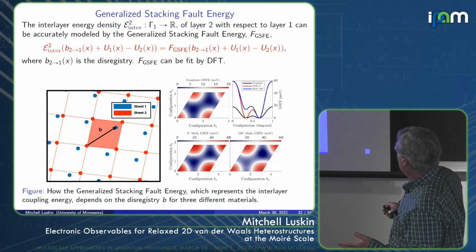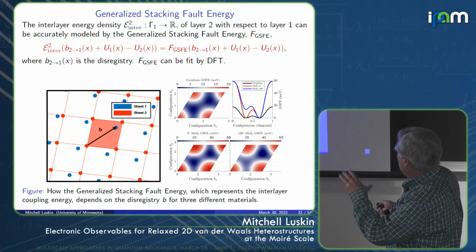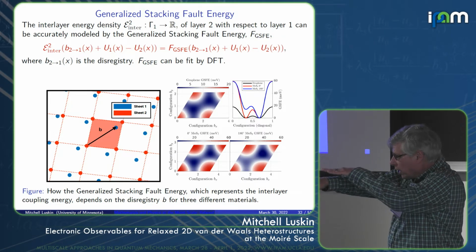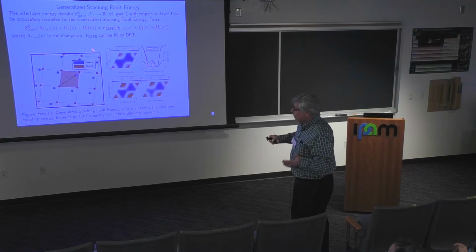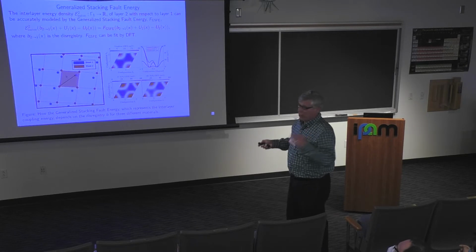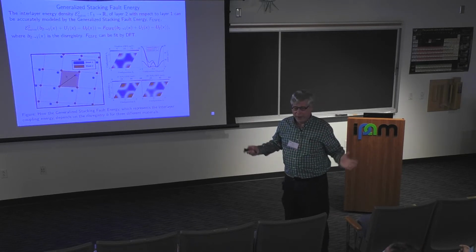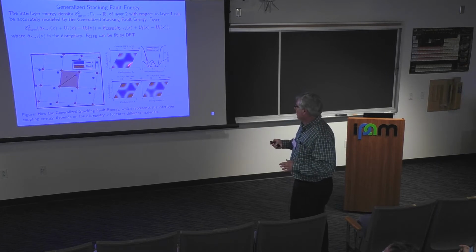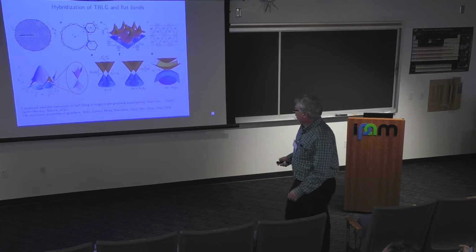This is graphene, where we study the energy of one layer shifted on another. We do it for zero angle, so you have a nice periodic problem with a small unit cell, and you get these nice pictures. You can parameterize them with really 4 parameters with sines and cosines, and that's what we use. So that's just this notion of generalized stacking fault energy. Okay, so now let me